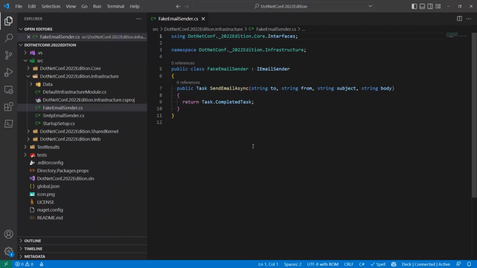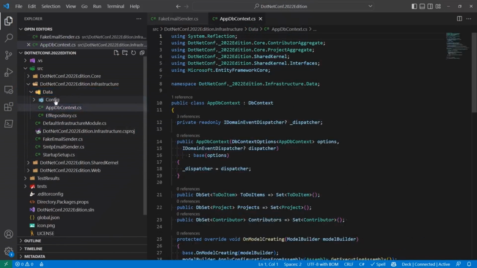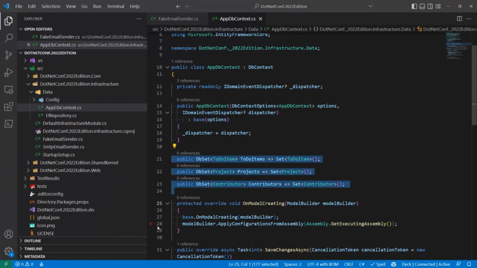And so by having these different versions available, you can easily have the right dependencies running in each environment as you go. In addition to that, you're going to have any of your data needs. This is going to include your DB context. So in this example, the DB context just has these three types of entities that come out of the box with the template. You can delete all this, but it's just there to show you how it would be set up.